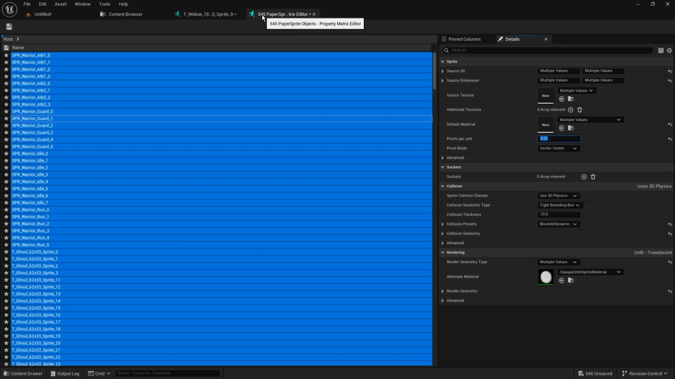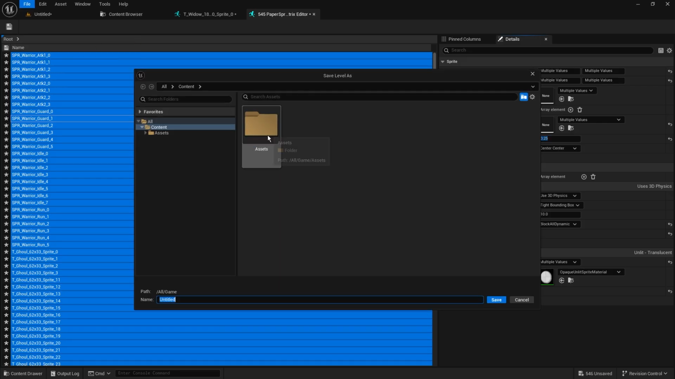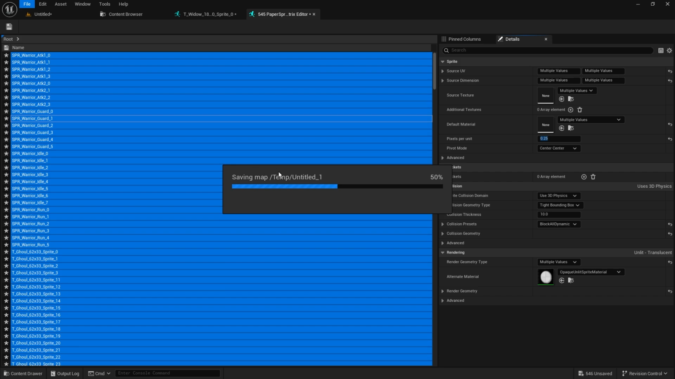But you can see now it's gone through 545 sprites, updated their pixels per unit, and all I'm just going to do is save. This is asking me what level, where do I want to save this demo level? Don't really mind that, I probably won't use it much further anyway. But we'll just save it, and then once that map has saved, which it's just doing now, there we go, updating all of those sprites, saving each one of them,